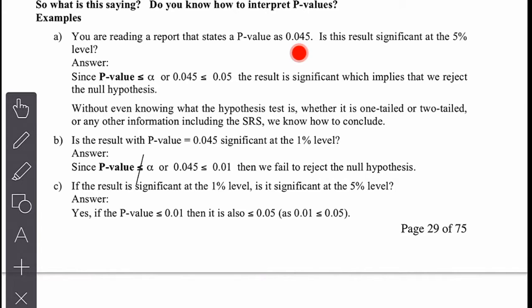I don't know anything, right? I'm just reading a p-value of a report. I didn't read the report completely. I don't know the hypothesis. Without knowing the hypothesis, without reading critically, if I saw this result 0.05, what would I know? I would know that this result, remember the statement,